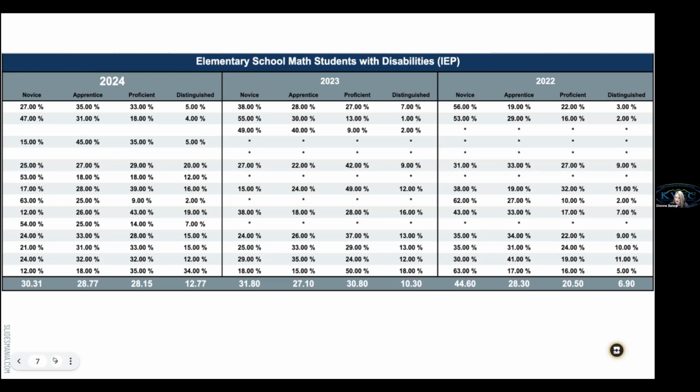Anything that you all notice about this graph, this chart? One other thing that I would just comment on is looking at that 2023. Do you see those asterisks? It means that those districts had suppressed data. And so sometimes we get that suppressed when we look at our overall scores, especially if you're a small district. Depending on the size of your district, you may not have the N size to represent students with disabilities, and that's when you have to move down into drilling down at that school level. And so I'll show you this.